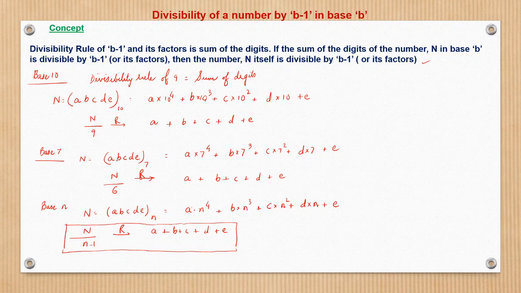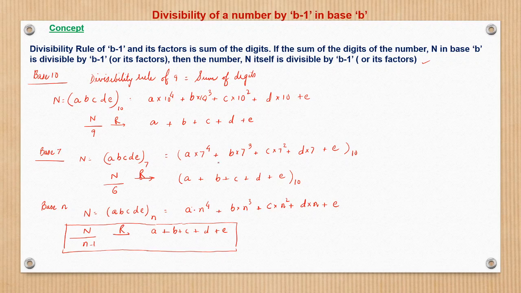Why? Because when ABCDE is in base 7, when we are writing in this form, this means we have expanded this in base 10 now, right? This is the procedure of converting a number from base 7 to base 10, no? This we have seen. When we want to convert this number ABCD in base 7 to base 10, we just expand this. How do we expand? A into 7 raised to power 4 plus. So now this is in base 10, so this addition will be a simple addition in base 10, right? So this is the beauty of this whole thing.